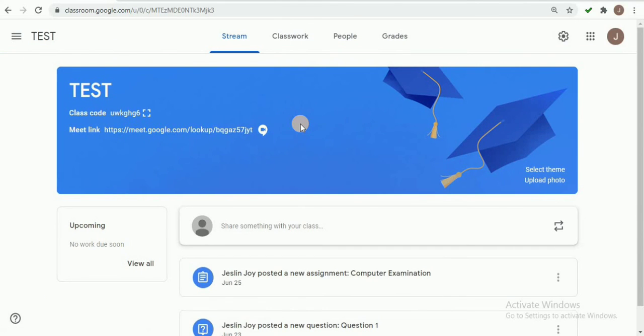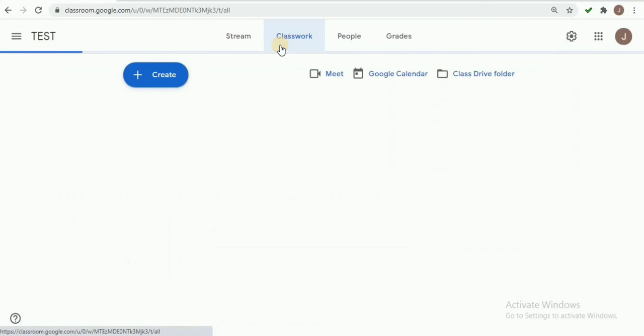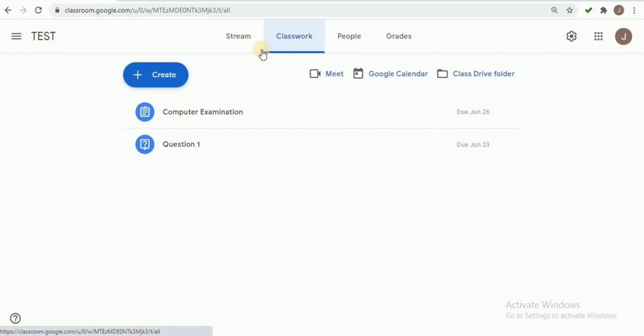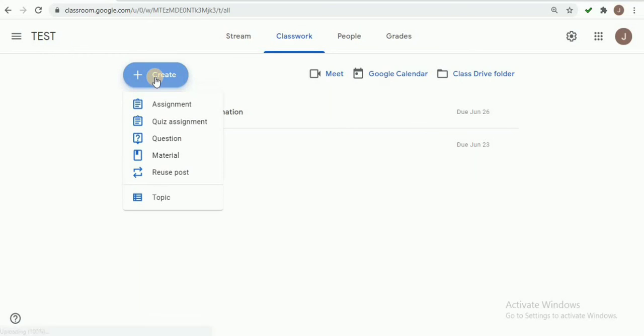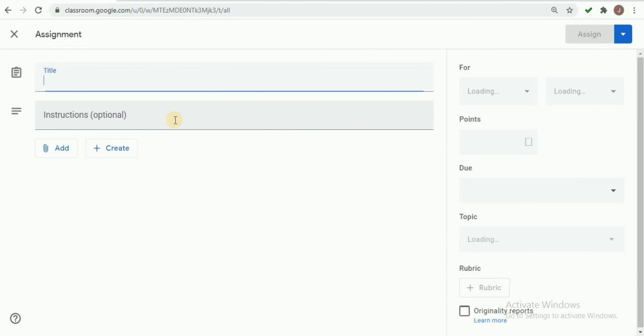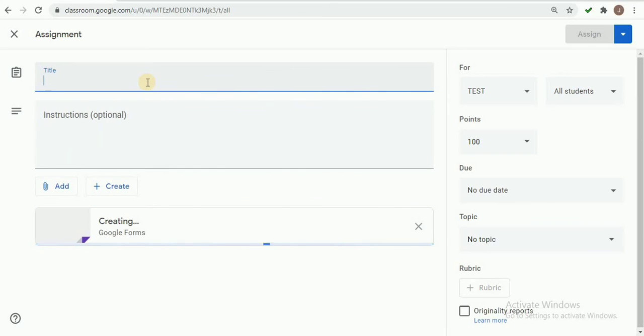And in order to post my question paper, I have to select this classwork. Inside this classwork, I have to press this create button and select the quiz assignment option.